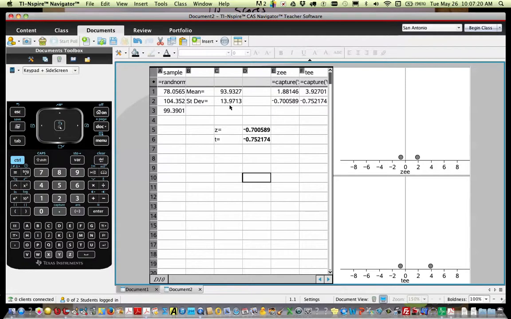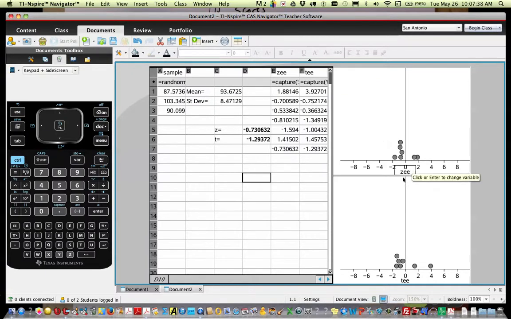Right? So these two formulas are giving us almost exactly the same value. All right, and so it's going to record that number up here, the t statistic and the z statistic, and then it's going to produce these graphs over here. All right, and then I can just say do it again and again and again. And so what we're going to end up doing is building up these sampling distributions based upon our